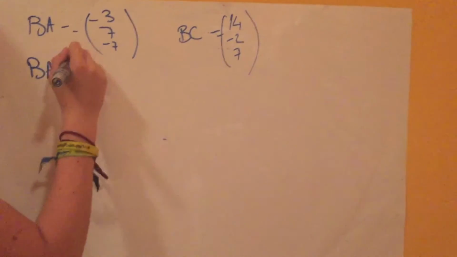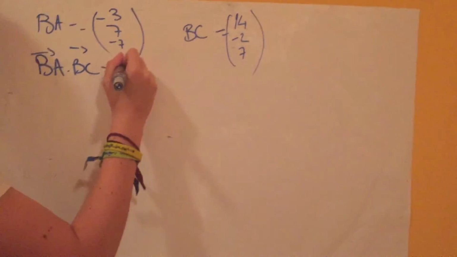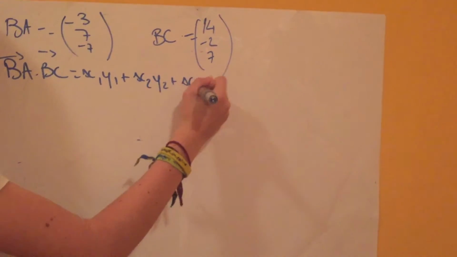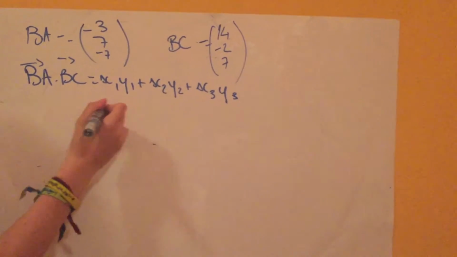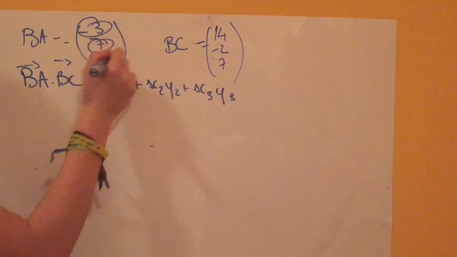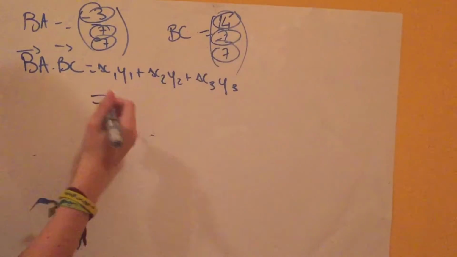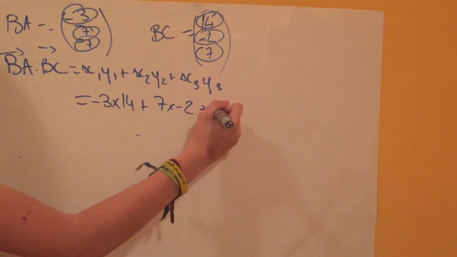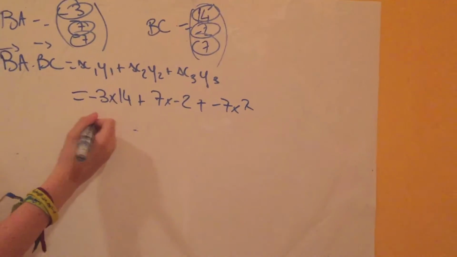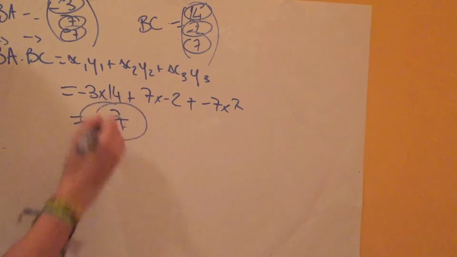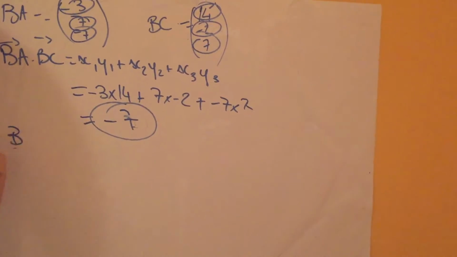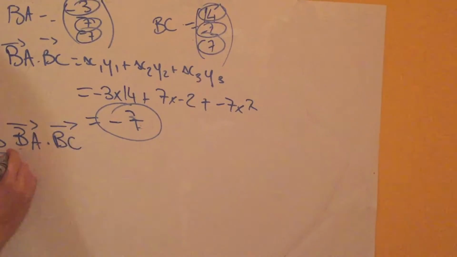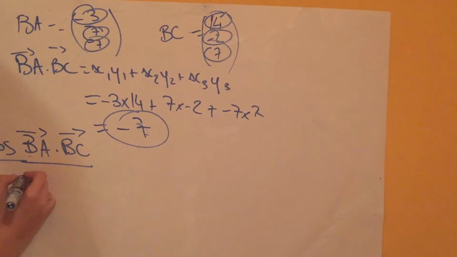We know that BA dot BC is equal to x1 y1 plus x2 y2 plus x3 y3, which is exactly what we're going to do. So this is x1, this is x2, this is x3, y1, y2, y3. So we do minus 3 times 14 plus 7 times minus 2 plus minus 7 times 7, and we're going to get a total of minus 7. Now we're going to apply the formula, which is cos of BA dot BC over magnitude,